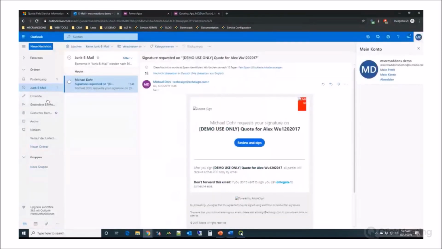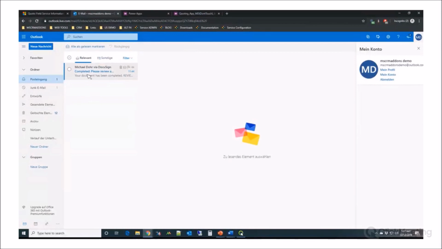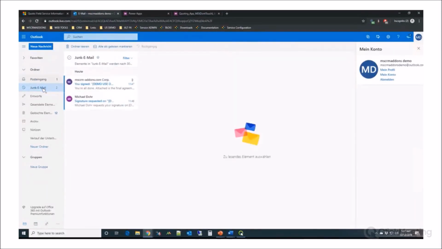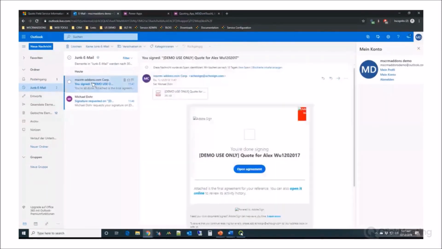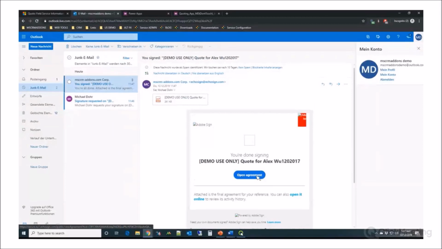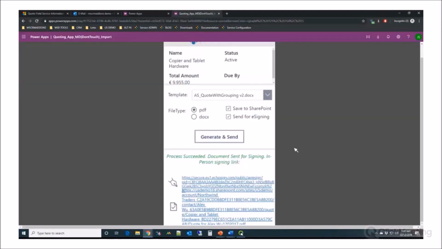Again, here it's going to kick me back. That's my DocuSign one. There we go. Kicks me back here. The agreement that I've signed to my email. I mean, it's a really streamlined process, and as you can see, it's pretty quick. It goes through really quickly. So, using these little apps and everything like that, I really think it's the future. I think this is how we're going to be doing things. So it's definitely something you want to look into,